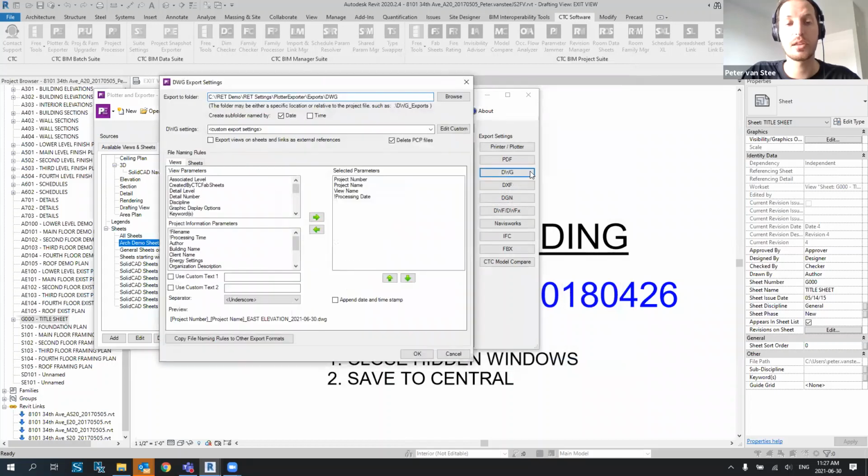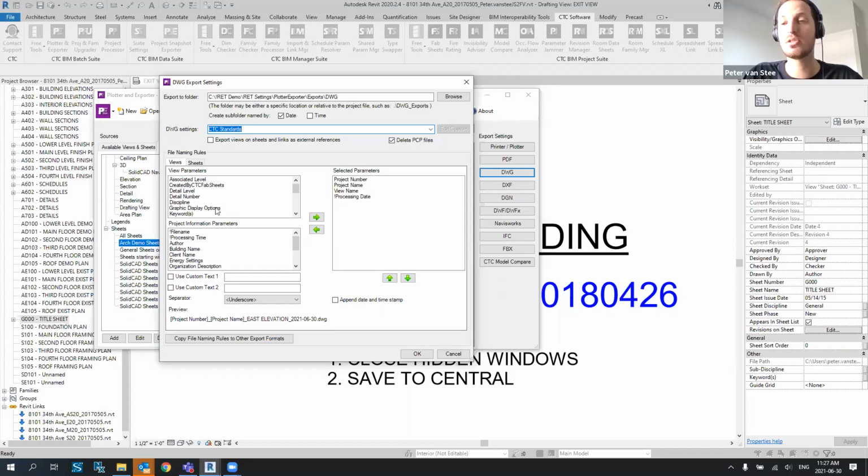It's very similar with, let's say, DWGs. How are we actually going to export all of these? So we can actually use custom settings, or if there's a specific standard that you want to use, if your office has a very particular standard, we can definitely utilize those. And if we're exporting